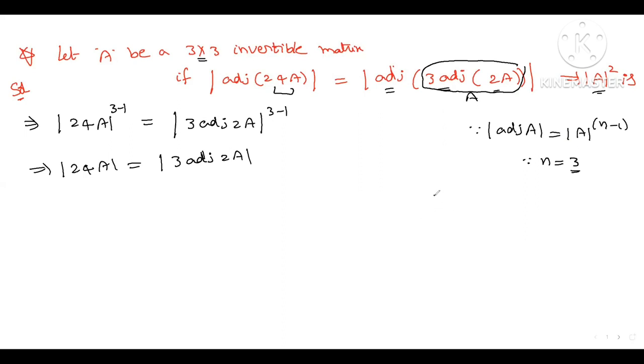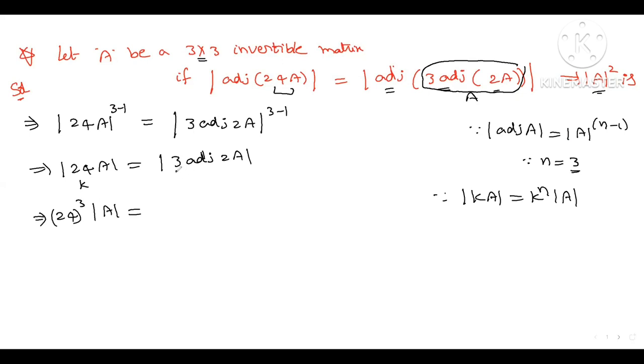Okay, we have one more formula: det of kA is equal to k to the power n into det A. Here, what is the value of k? 24. Now we apply the same formula: k to the power n, so 24 to the power n. What is the value of n here? 3. Det of A is equal to,